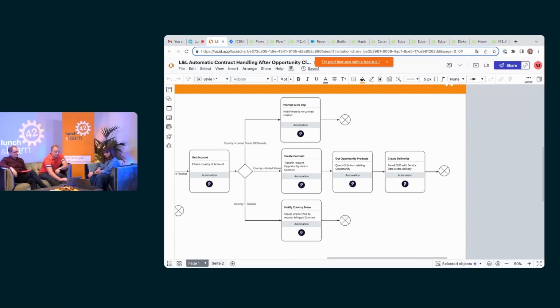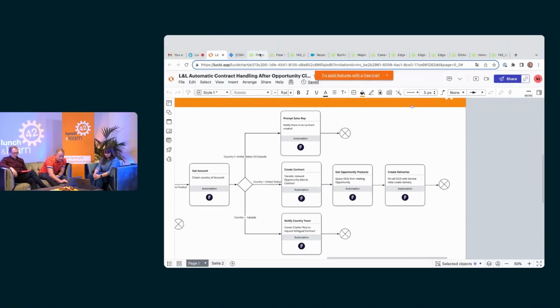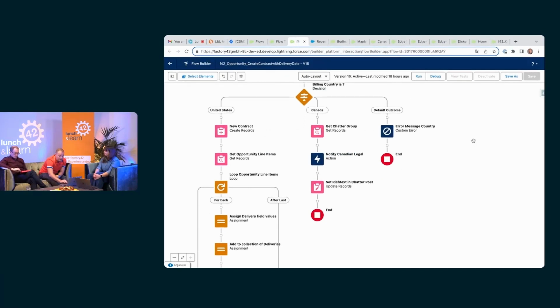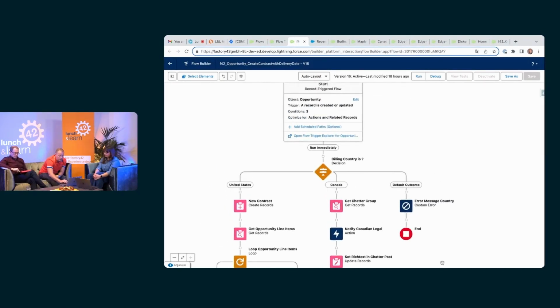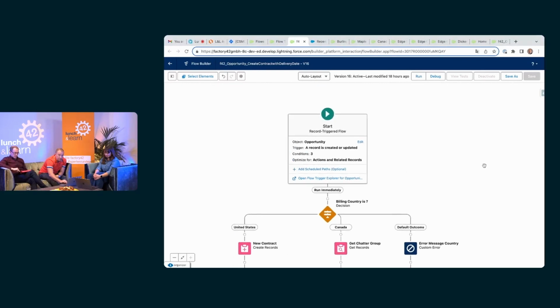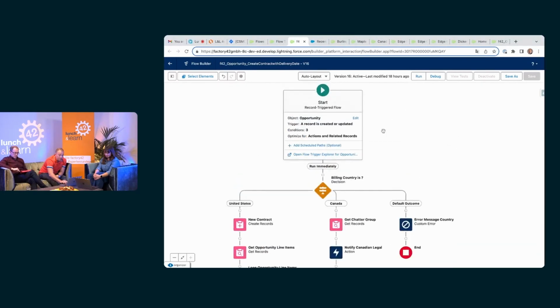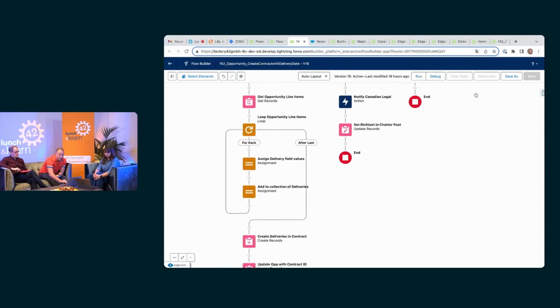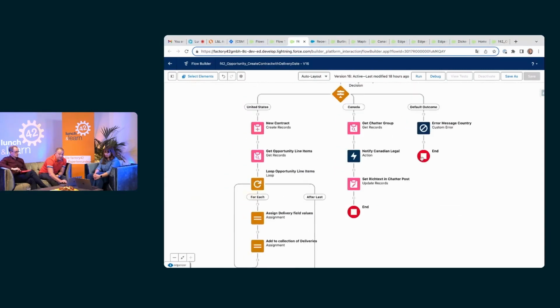So now I'm really curious, can we maybe have a look at the flow that was implemented based on this chart? And this is what our actual flow looks like. Let me just outline it. We have the entry criteria, then we have the three-way fork that leads us into three different outcomes. Again, one is US based, one is Canadian based, and a default with an error message,